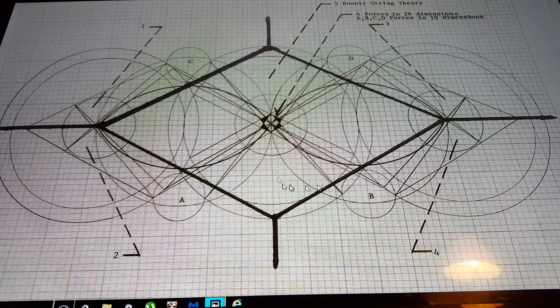It represents space and time. Everything outside of it is where space and time exist. Everything inside of it is where space and time do not exist. Inside the diamond is the third field of physics, or where God exists, where space, time, and matter do not exist. So you have to have the four forces outside the throne of God to control physical matter,